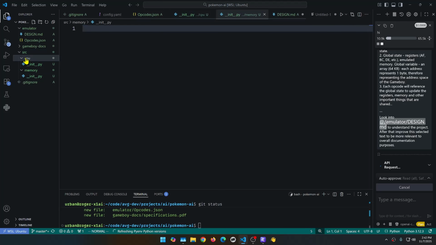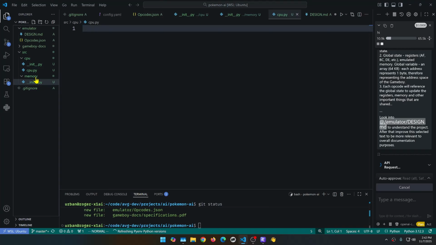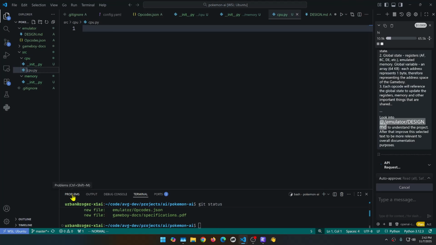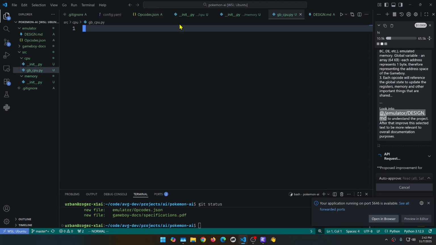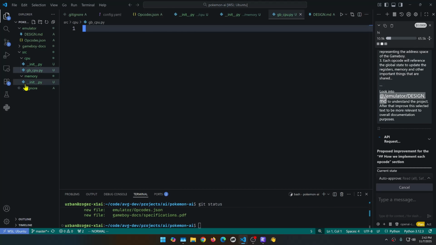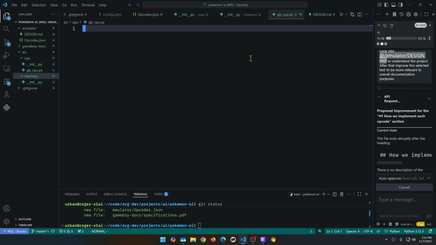Okay, then for CPU, we'll have CPU.py, or actually let's call it GB CPU.py. So we'll have GB CPU.py here, and this is where we're going to be implementing the CPU, and in memory we'll figure that out later. But for now,